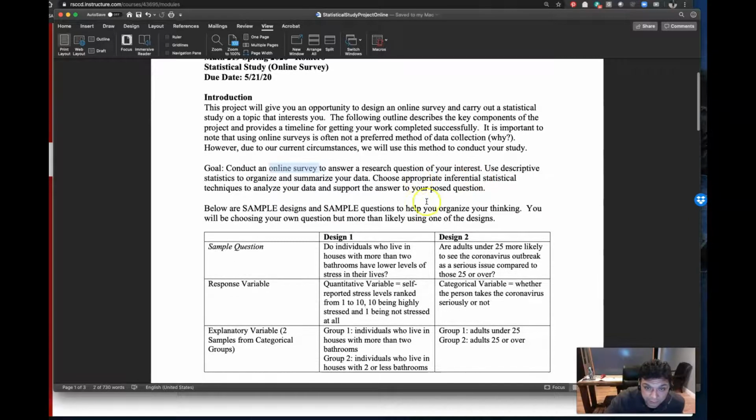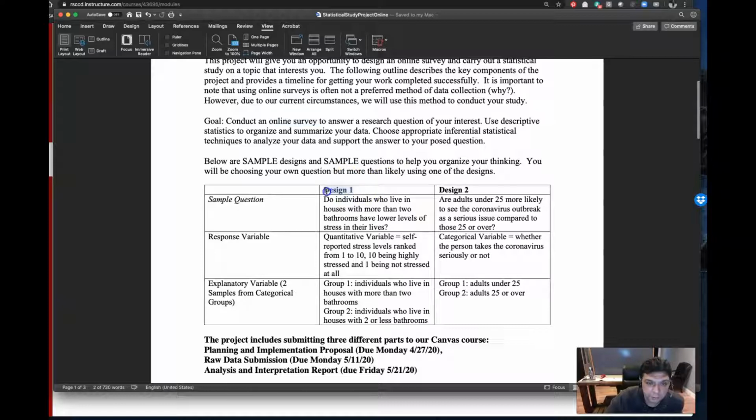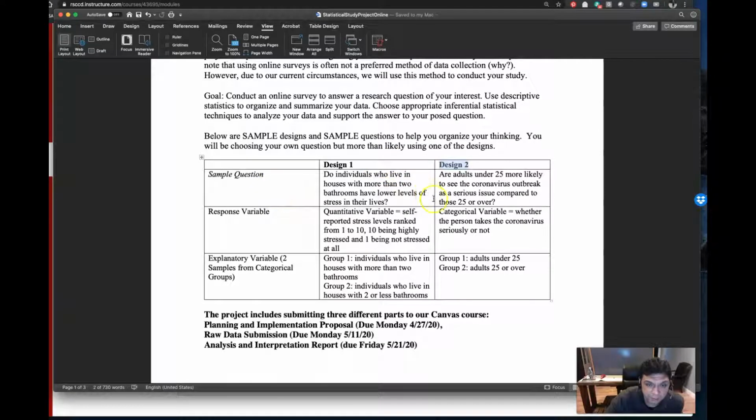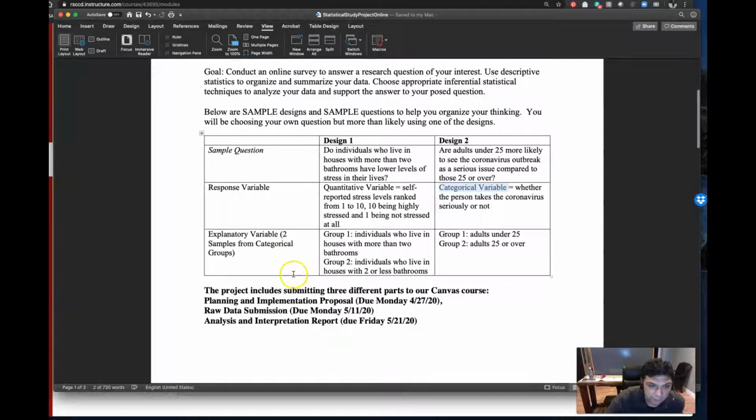You want the survey to be anonymous, and then you're going to use descriptive statistics to organize and summarize your data. And then you're going to use inferential statistics, which we're learning now in chapters 8, 9, and 10, to analyze your data. Now, there are 2 designs that you can choose from. You're going to come up with a sample question, and these are samples here. These are sample questions. In one case, the response variable is quantitative, and in one case, the response variable is categorical. Your explanatory variable is going to be categorical,